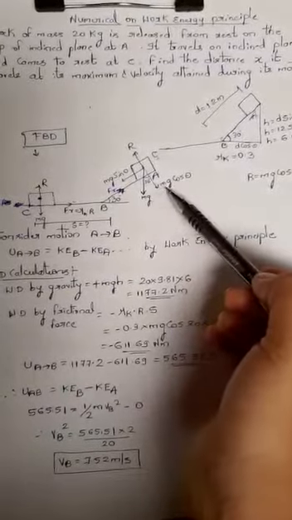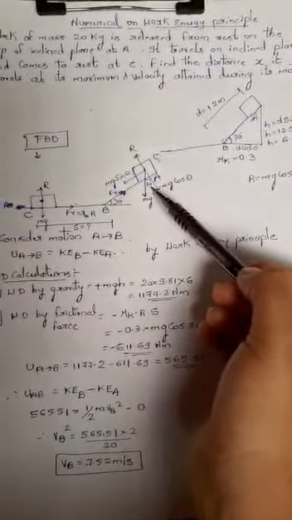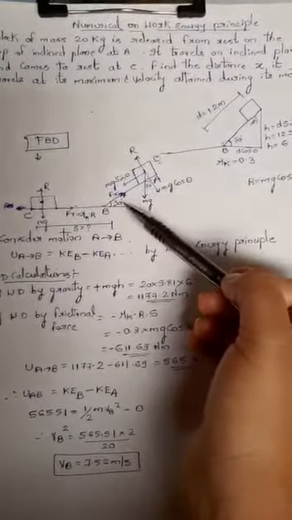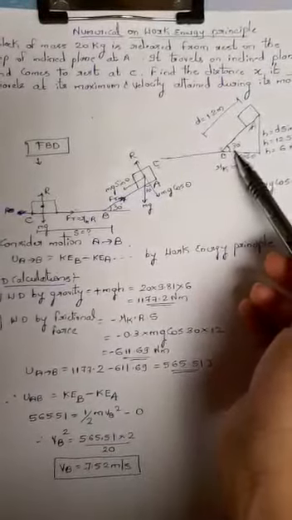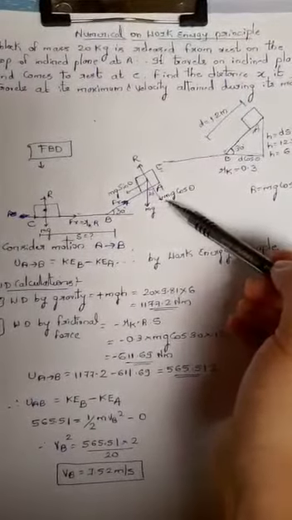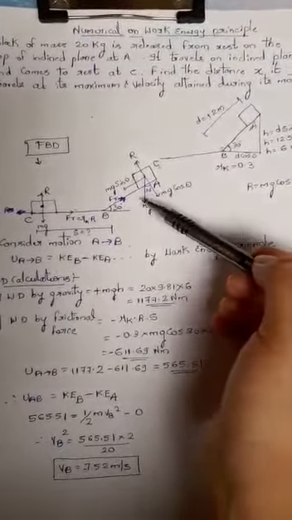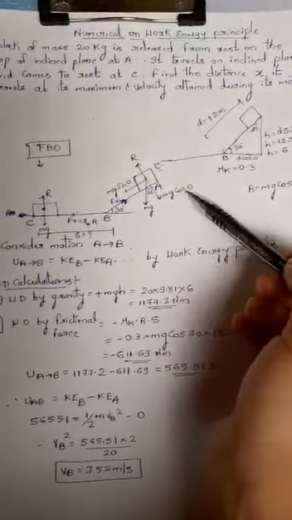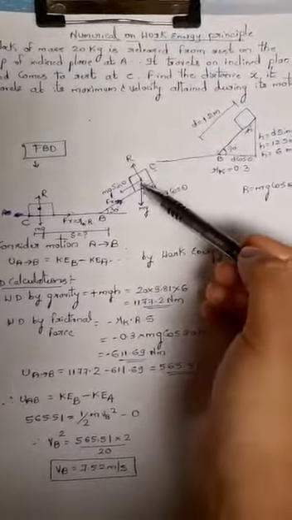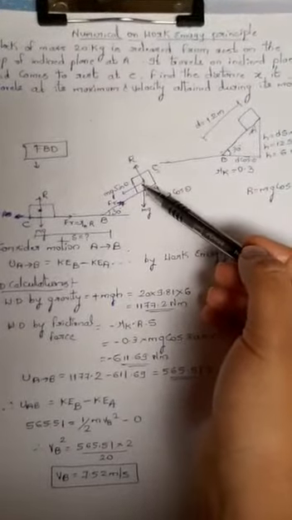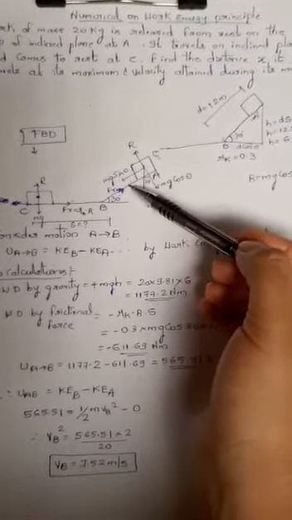So when I resolve mg along this direction, this will be my angle of repose, which will be the same as the angle of inclination, which is given here as 30 degrees. So this component becomes mg cos 30. The component along the angle given will be the cos component. That's why mg cos theta. And the other component along the x direction will be mg sin theta.